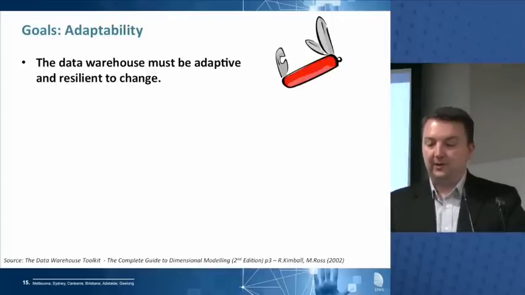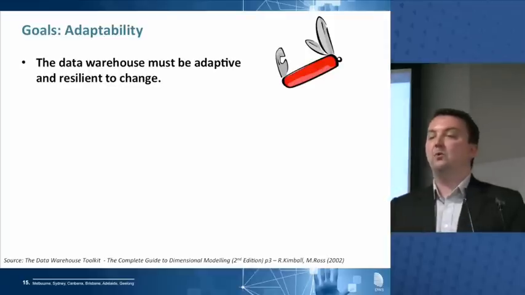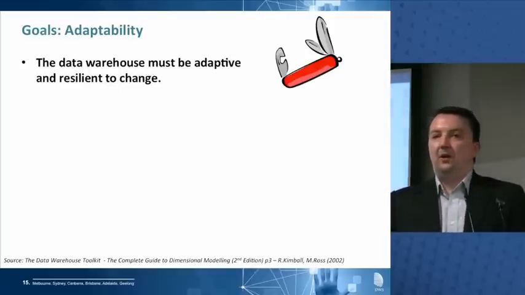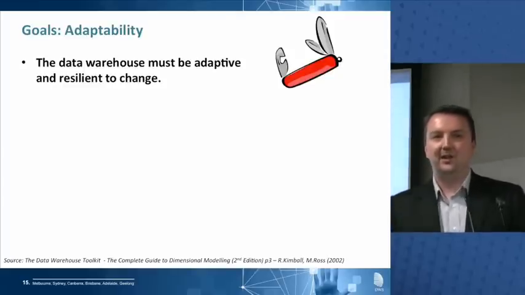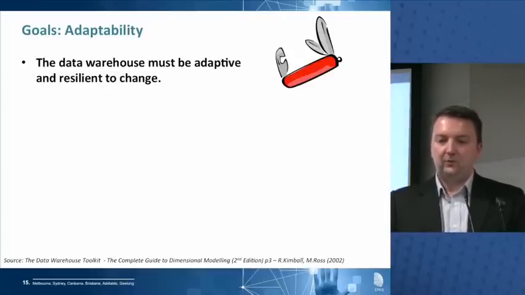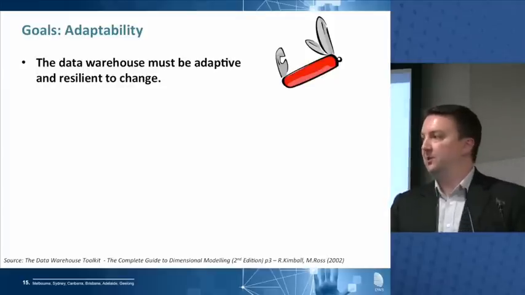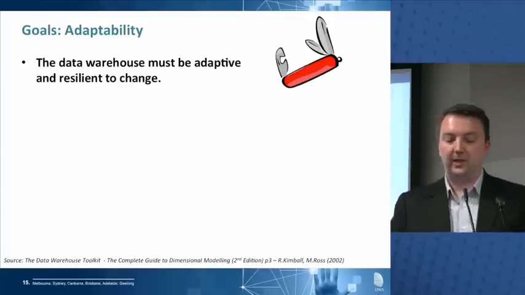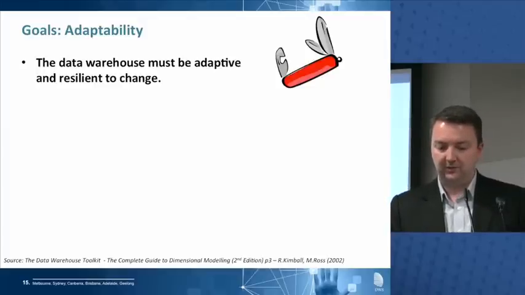Once we've discovered something about our data, we'll want to know something more. It'll tell us some fact and we'll ask, well, why is that the case? Often what will happen is we don't have the data to answer that second or third or fourth question, and we'll have to go and get it, right? Which means the data warehouse is going to change. So when we build a data warehouse, we expect this to happen as a matter of course, as a matter of the normal business practice of data warehousing, that it will change, therefore it must be resilient to change.